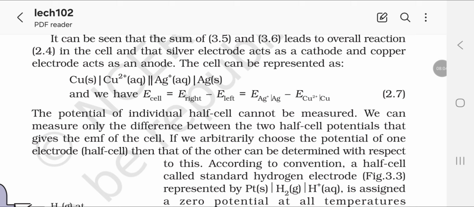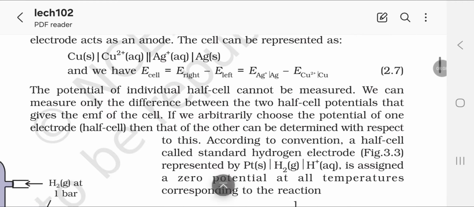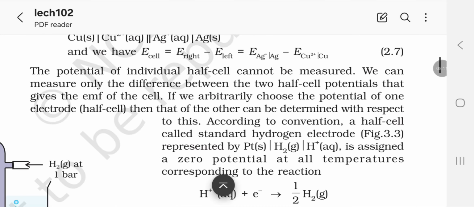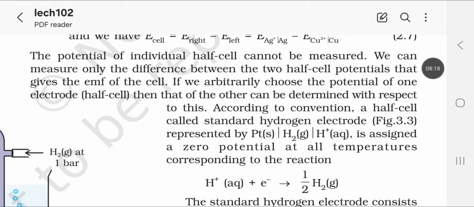and we have E cell is equal to E right minus E left. The potential of an individual half cell cannot be measured. We can measure only the difference between the two half cell potentials, which gives the EMF of the cell. If we arbitrarily choose the potential of one electrode, then that of the other can be determined with respect to this. According to convention, a half cell called the standard hydrogen electrode,